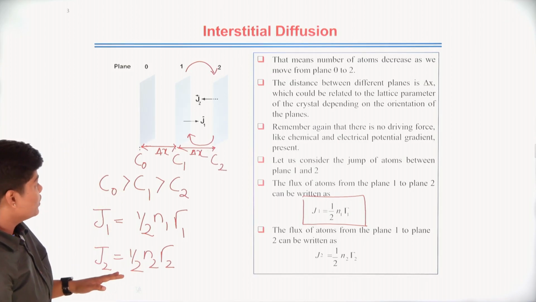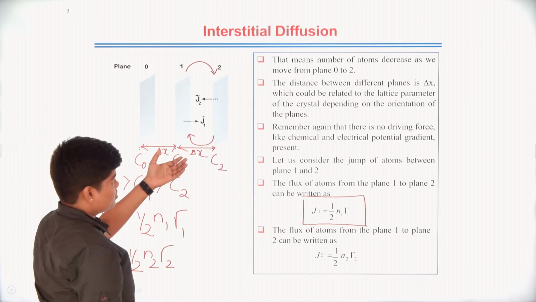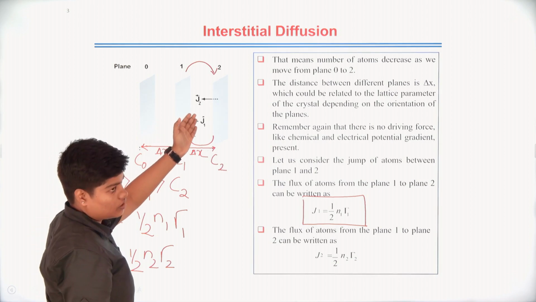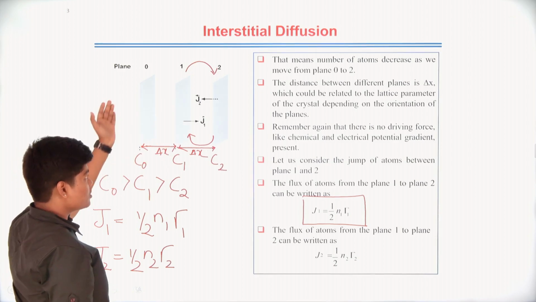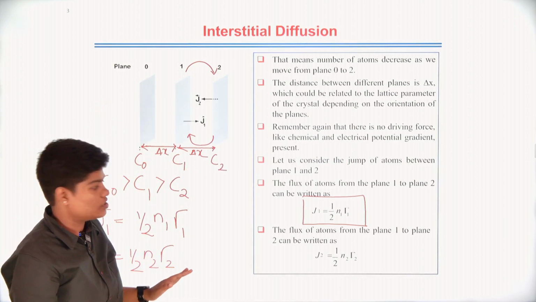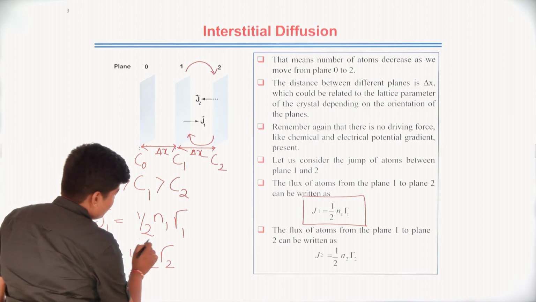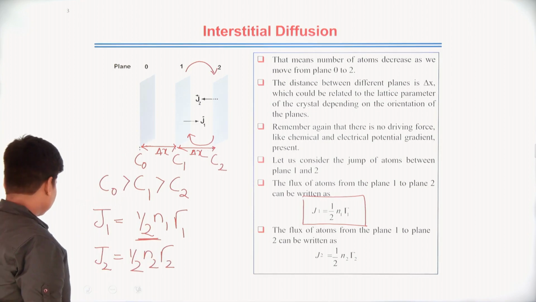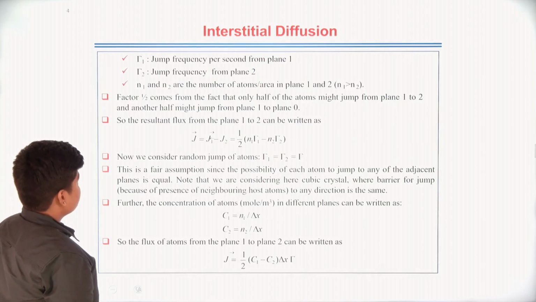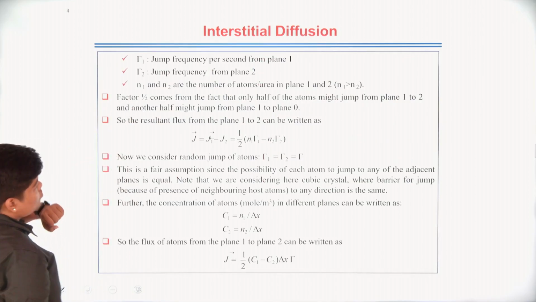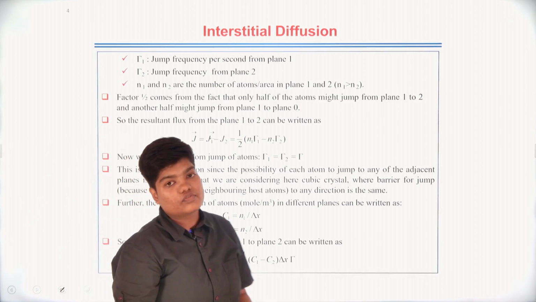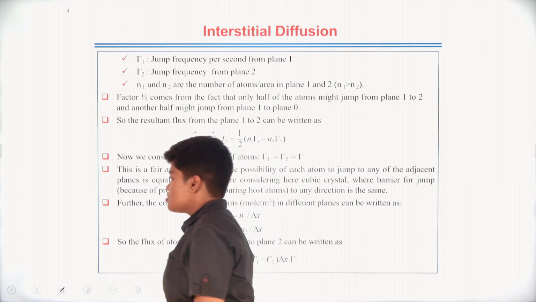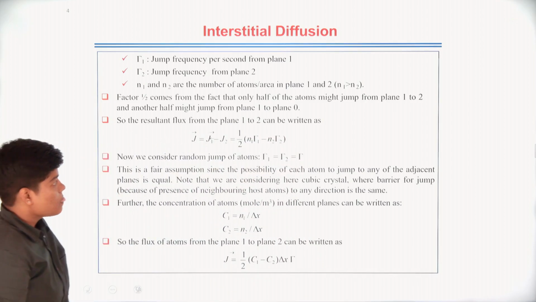So we'll consider that with two adjacent planes, half of the atoms will jump from plane 1 to plane 2 and another half of the atoms will jump from plane 1 to plane 0. There will be some possibility. So the term half is taken over here. Okay, here it is written: sigma 1 is the jump frequency per second from plane 1 and sigma 2 is the jump frequency from plane 2, and N1 and N2 are the number of atoms present in plane 1 and